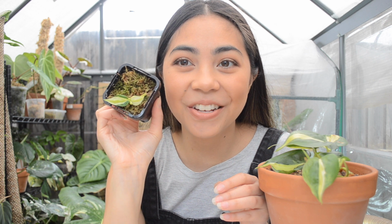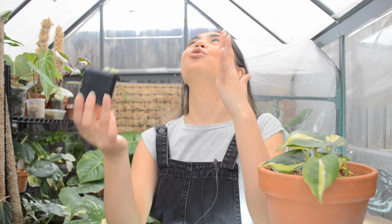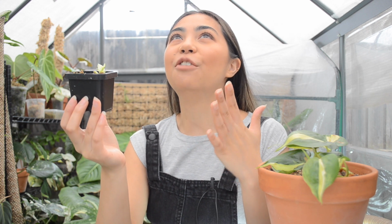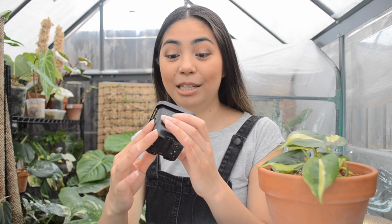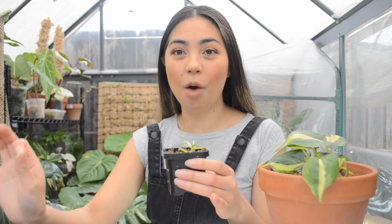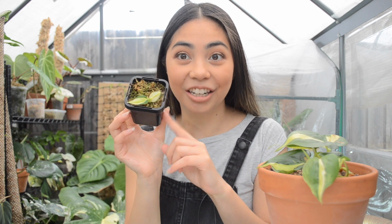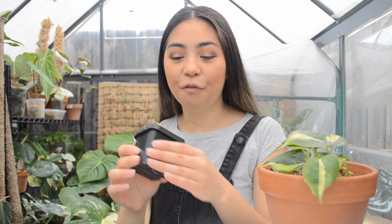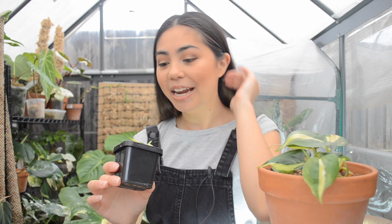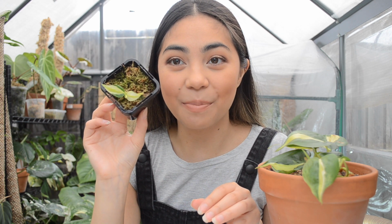Isn't she so cute? The only issue with this is because there is so much white variegation, this plant grows so slowly. I'm pretty sure this is the video where I did my first propagating, the air layering video. So it's been a very long time, and while it's got one really strong root happening, the leaves are just so slow, but the color is so cute. I'm actually trading this little baby Cream Splash for a variegated Epipremnum pinnatum, so I'm pretty excited about that. But this is going to be so sad to say goodbye to because it's so cute, but very creamy,